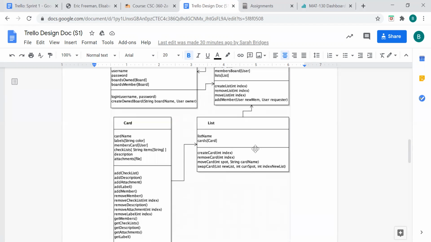So our list class is very much the same. It has a name and an array list of cards. And we also have methods such as create card, remove card, and move card, which allow us to add and remove cards